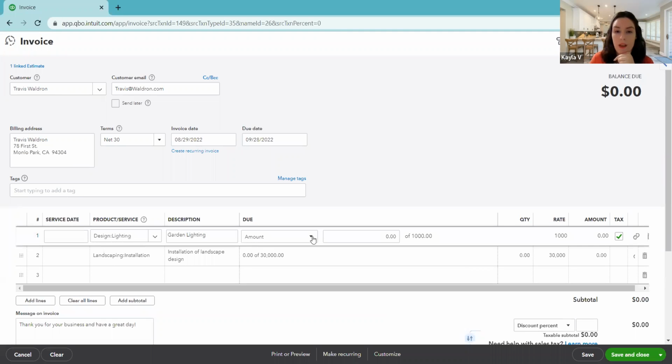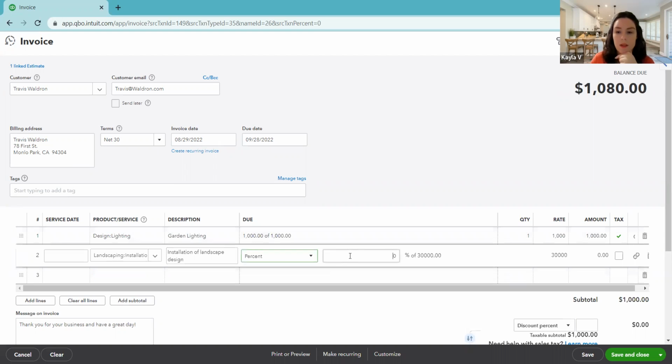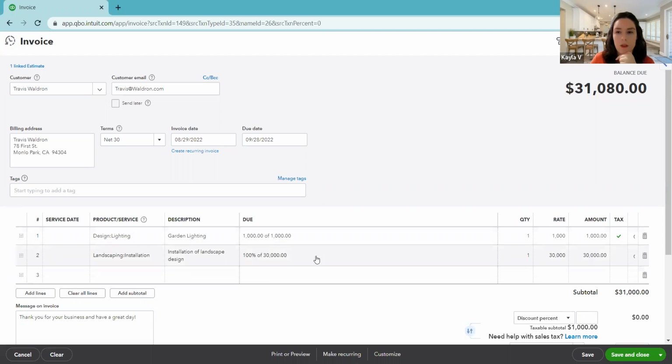So we can just say, either you just want to put in 1,000, type it in, 1,000, or you could say, no, I want to do a percent and say 100% of this row. Okay, so either way, you could type in the amount or you could type in a percent and let it calculate for you. You can also change the description if you need,